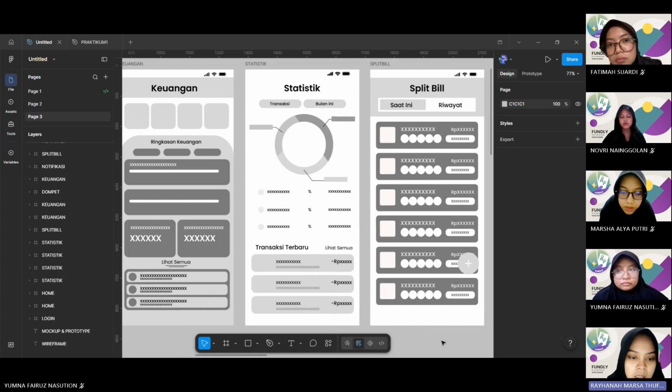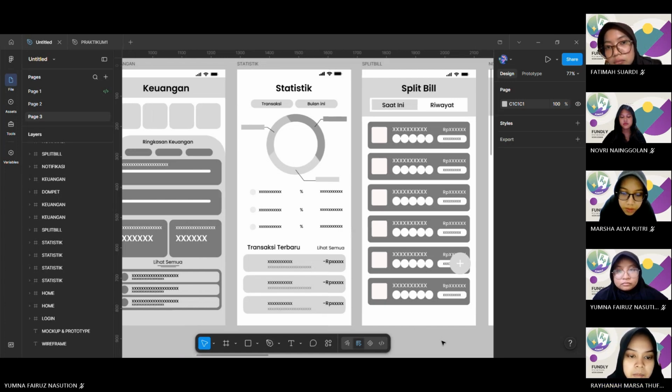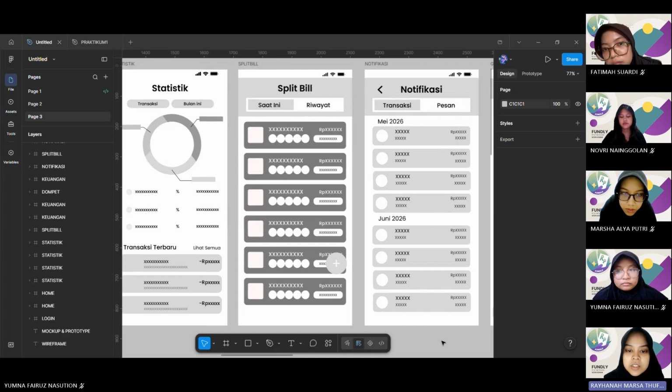And then the split bill page helps users manage their expenses with friends, family, or colleagues. It displays the bill list, payment amounts, and the payment status of each member.